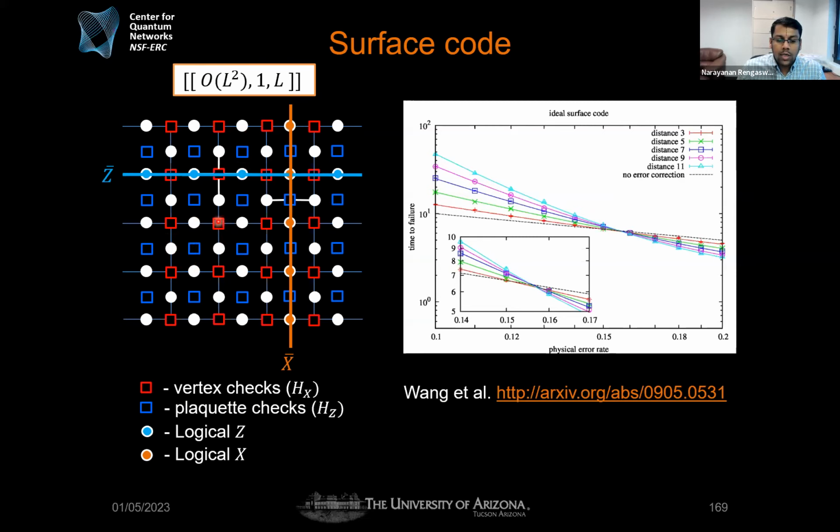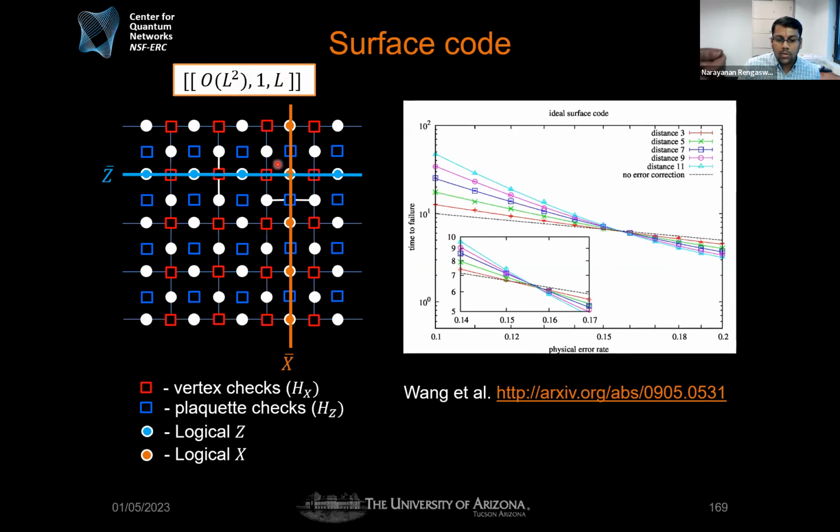Similarly, for this X, for example, if you measure X, you should get +1. Similarly for all the other X checks. And this is what defines the surface code. So if you have an L by L lattice, then the number of white circles you will have is on the order of L squared. And the minimum distance of the code will be L,